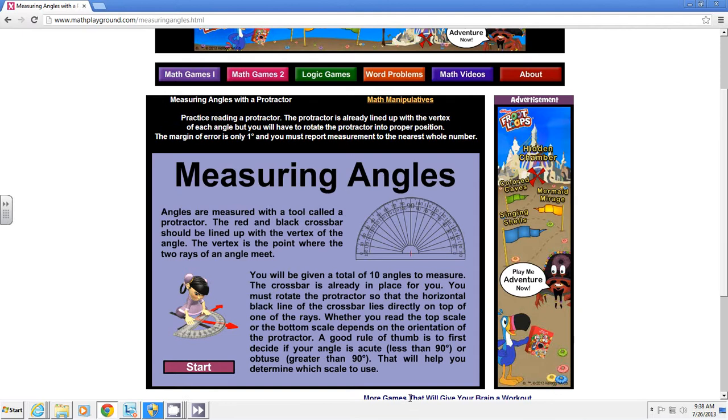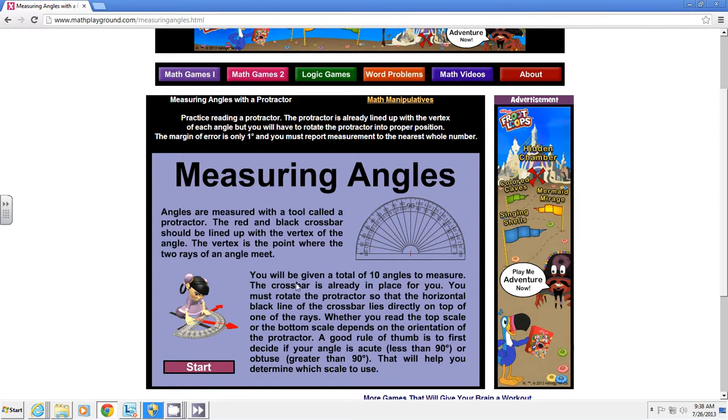Okay, so we're going to talk about measuring angles this evening. If you look at it, angles are measured with a tool called a protractor. This right here is a protractor. And we're going to do a total of about 5 to 6 angles to demonstrate how to measure using